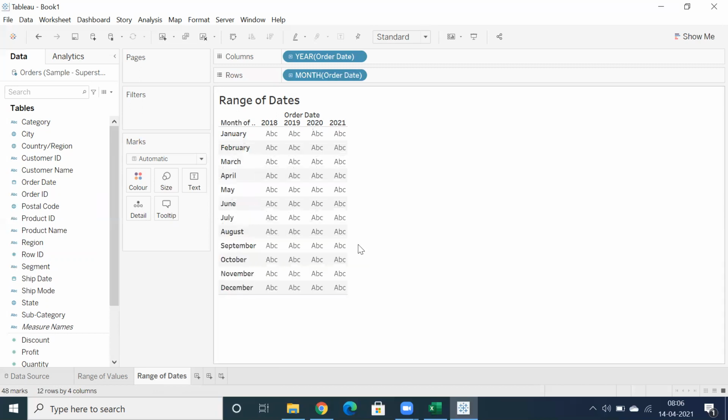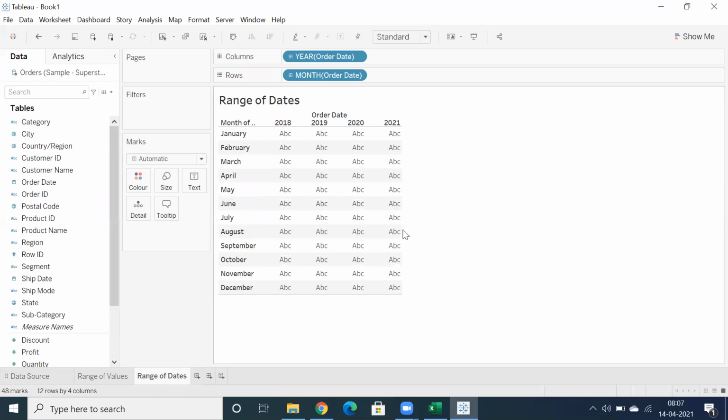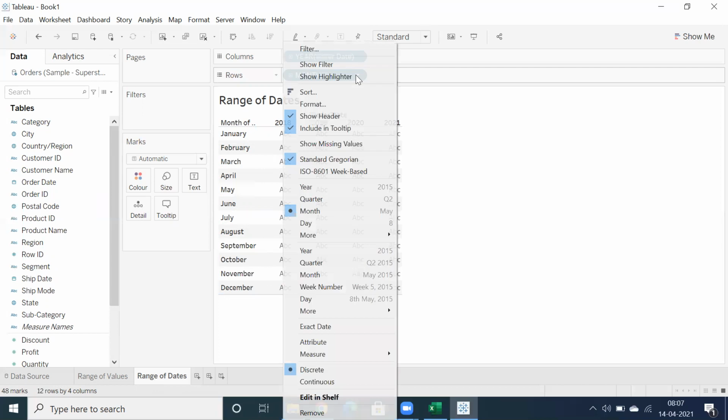So I want to showcase year wise, month wise sales information. You can also click on this drop down and see quarter level, year level, month. You can also see the differentiation: we have year, quarter, month, week numbers. I'll tell you what the exact difference is between these first.